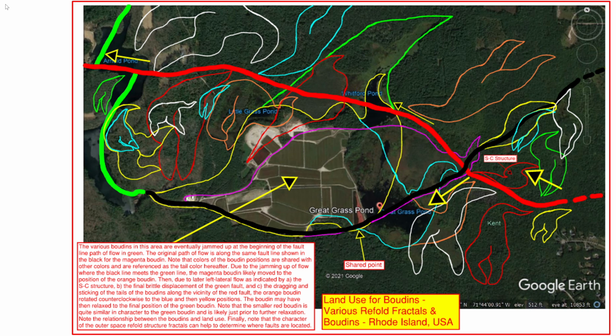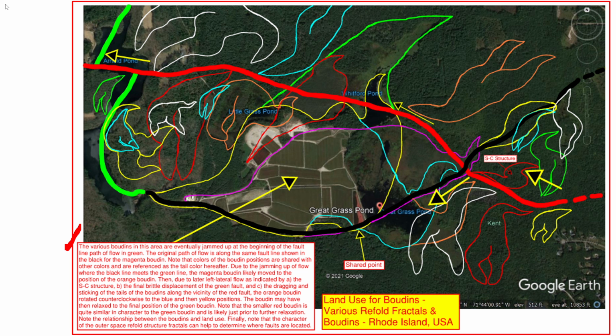Okay, this is showing land use for Boudins, various refold fractals and Boudins in Rhode Island, USA. So there's a whole dynamic going on here that's shared among the Boudins and the outer space refold fractals. All right, let me read the text box, and then by the time I finish explaining the diagram, hopefully it's clear. Okay, the various Boudins in this area are eventually jammed up at the beginning of the fault line